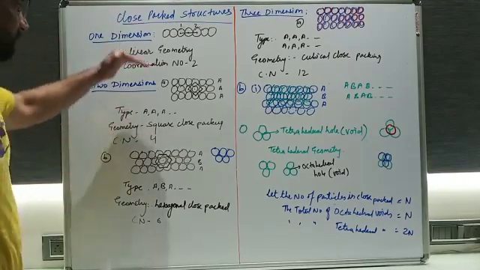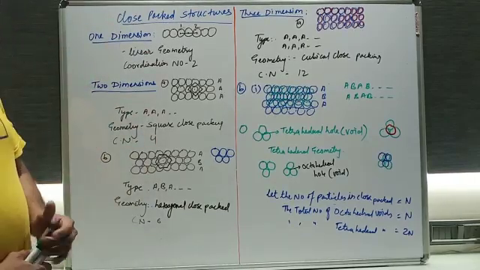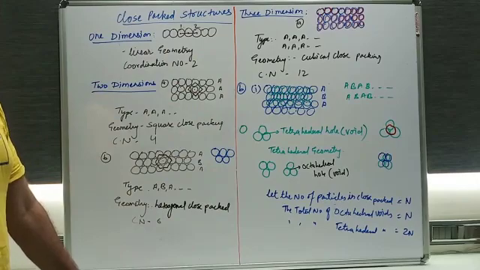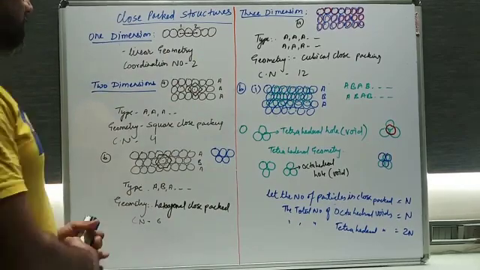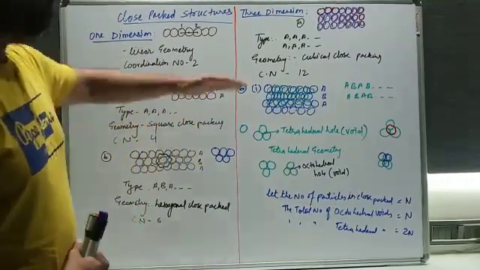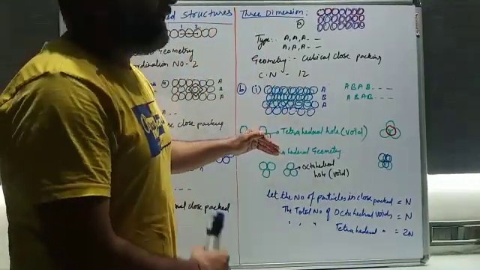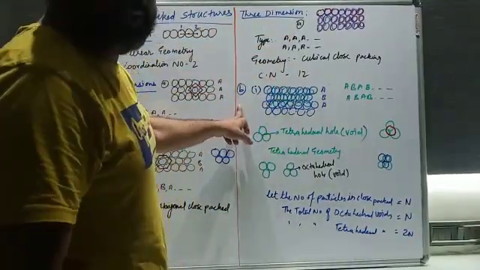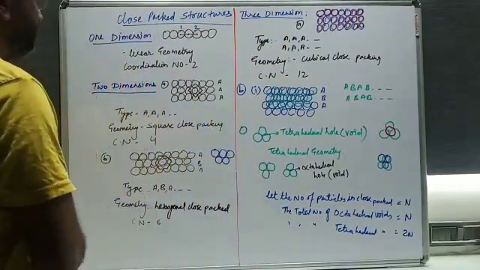Okay, so this is the 2-dimension arrangement. Now on the other side you will see the 3-dimensional arrangement. You will see that there are again possibilities. Okay, so there are 2 possibilities basically. The one is this one and the second is that one. So let's discuss the possibilities of that.